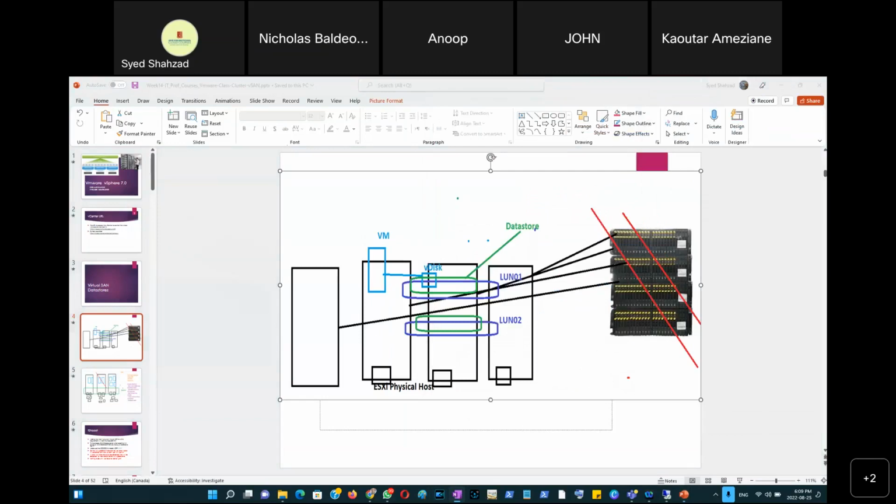Now I'm gonna grab a diagram here and then go for. We actually have all the diagrams here. So